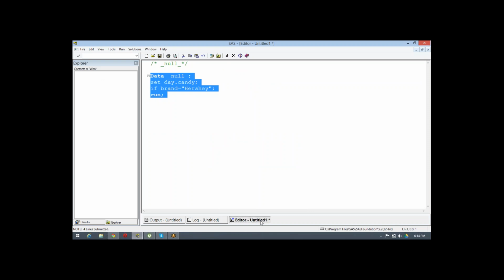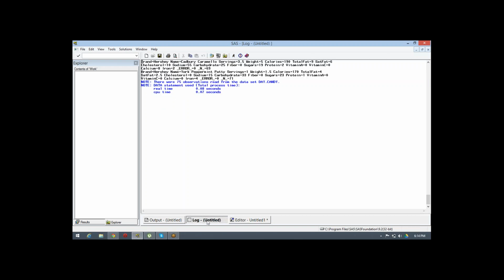We need to provide some instructions so that we can view that result in the logical memory called your log. For that we always use a keyword called put. Under put, put _all_ means I want to get the information about all the details that are getting generated.